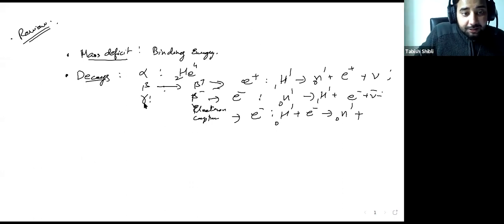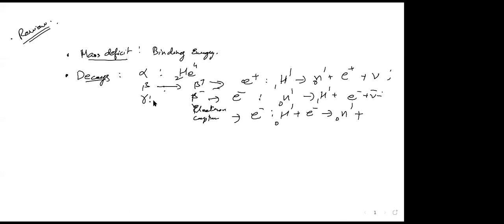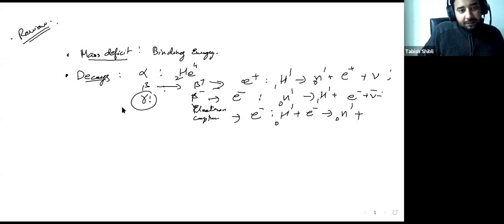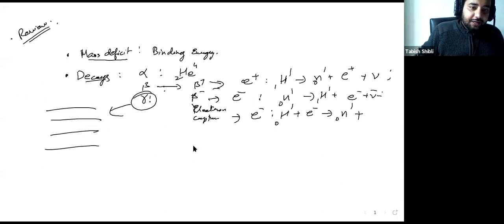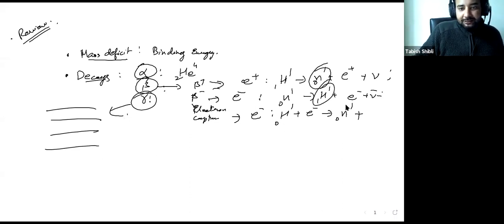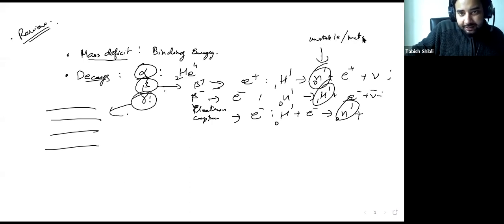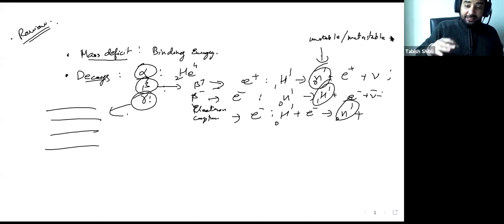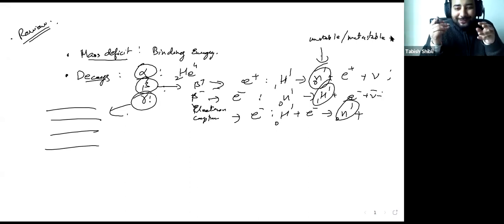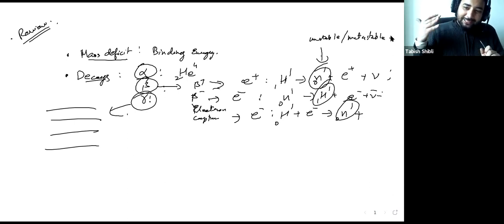Oh, there was gamma. Nuclear energy levels. Yes. So for the gamma decay, we need to talk about the nuclear energy levels. And we realized that whenever alpha and beta decay happen, the products that form are formed in an unstable or metastable state. An unstable state is a state which is absolutely unstable, so a particle can never stay there. A metastable state is a state which is stable, but stable for some time.